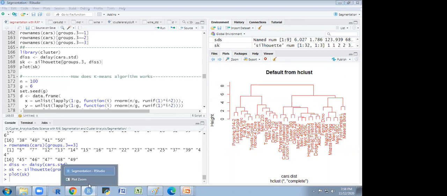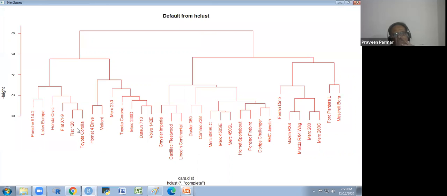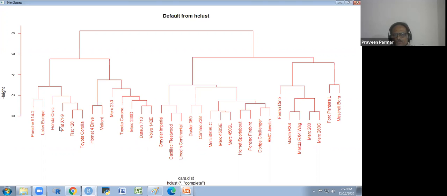Here you see these 2 points are very near to each other, very close. Then this one is also close to this to some extent, and this point is also close to this, so it comes together in this way. How could you interpret and infer from it?